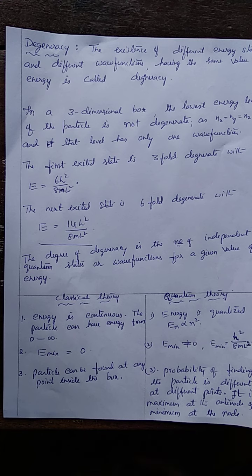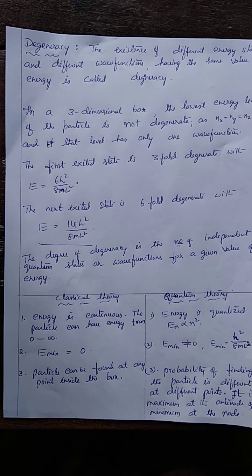But in quantum theory, we consider the probability of finding the particle inside the box. At some points the probability of finding the particle is more, at some points it is less. This is what happens in quantum theory. And as per quantum theory, the wave associated with the moving particle is considered a standing wave. You know the meaning of standing wave. How is it produced? When two identical waves travel in opposite directions and superpose, standing waves are produced.